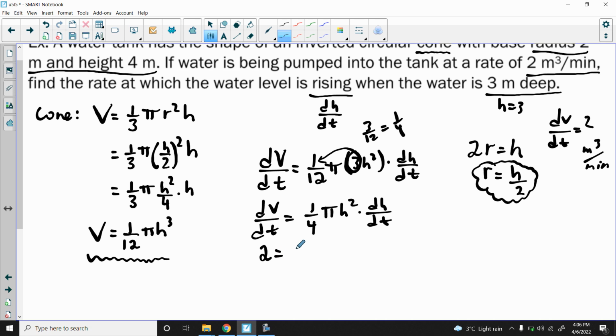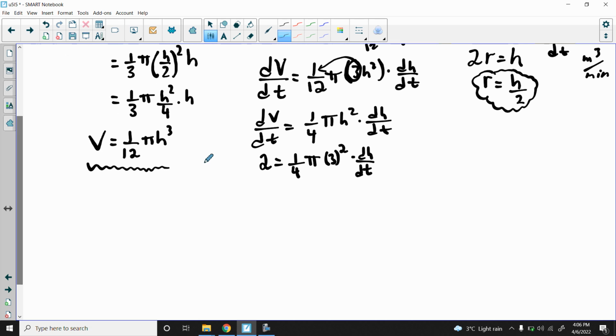So I've got 2 equals 1 over 4 pi, and then my h squared, so 3 squared, times dh over dt. We've got some options with this. We can divide right away, but anytime you've got a fraction involved, like 1 over 4, I'm just going to do my little trick where I cross multiply one way. It's the same as multiplying both sides by 4. So I end up doing 2 times 4, which is 8, equals 9 pi